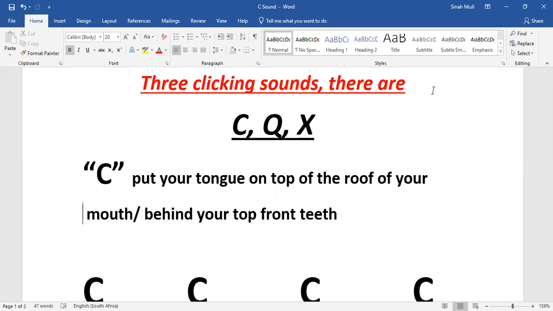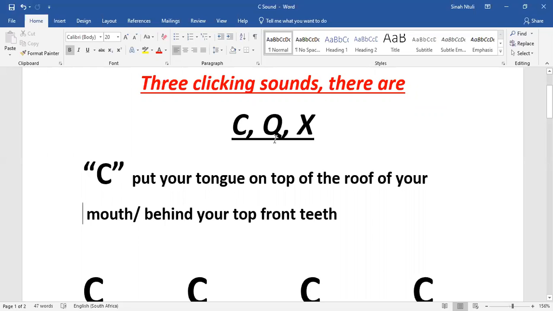For this week, we're just going to learn 3 clicking sounds that we have in Zulu. So we have C, Q, and X. You know these letters, but you don't click them like we do in Zulu. So this week, we're just going to practice to click those 3 clicking sounds. The first one that we are going to focus on is C. So we click C like,